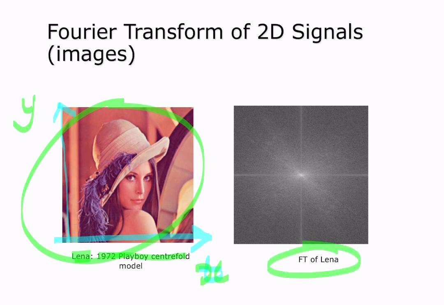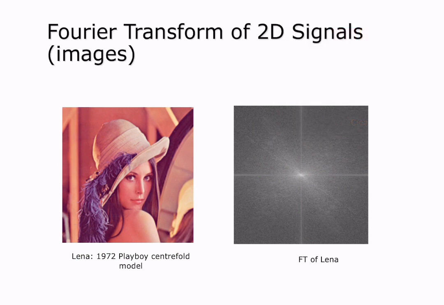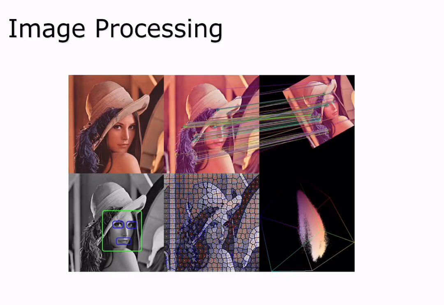So what we have here is a Fourier transform of Lena, but in 2 dimensions, because we have a 2-dimensional image. Is that really important for us? No, you can completely ignore this if you like, but it's really interesting. If you have an interest in image processing, if you ever end up doing any kind of pattern recognition, image processing, you will want to know how 2-dimensional images or 2-dimensional signals are processed. So it's interesting to see how